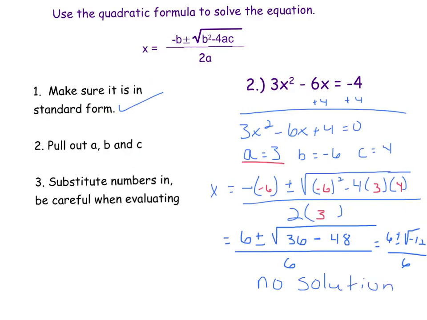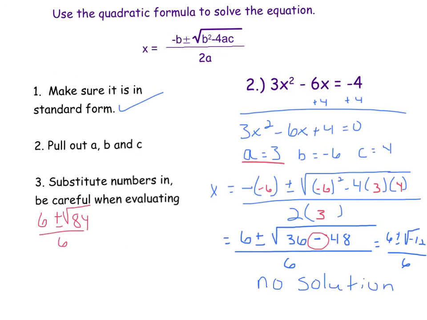Now one more point that I want to make. Let's say that this had been a positive, let's say this had been plus. Then I would have had 6 plus or minus the square root of 84 over 6. And you will have many of those where it's not a perfect square and it's not a negative. I want you to get in the habit of not